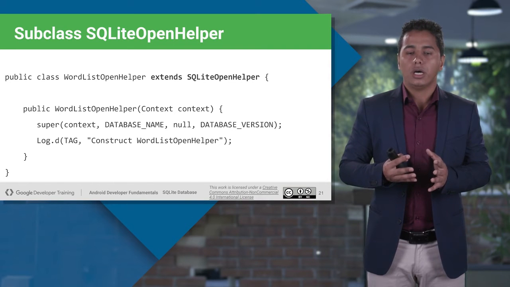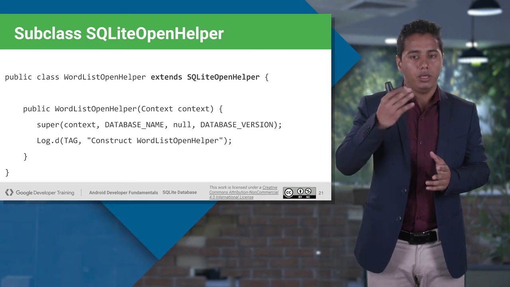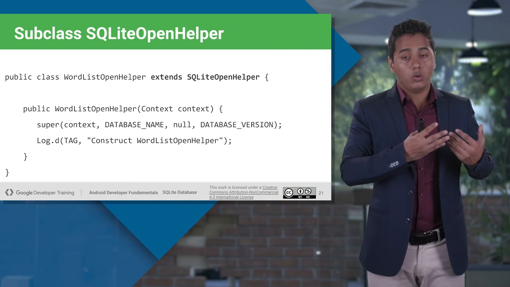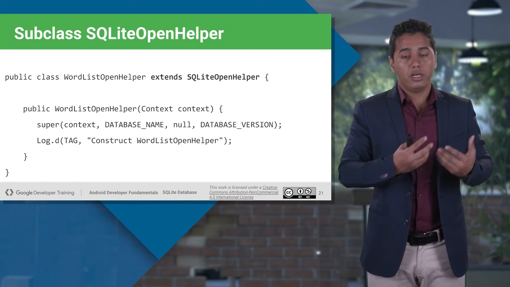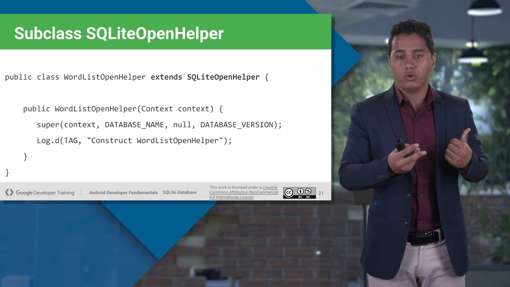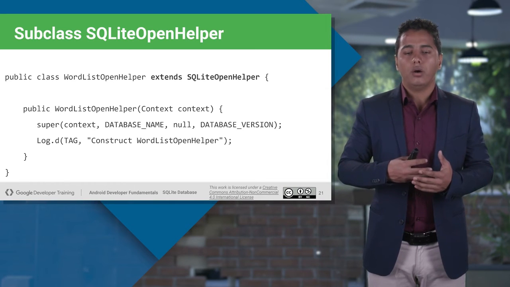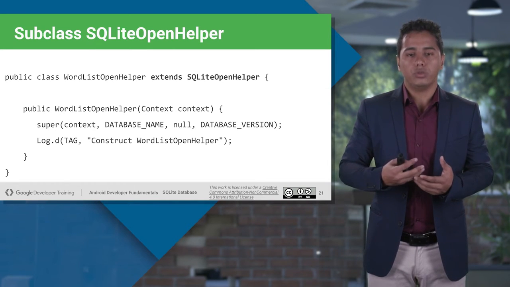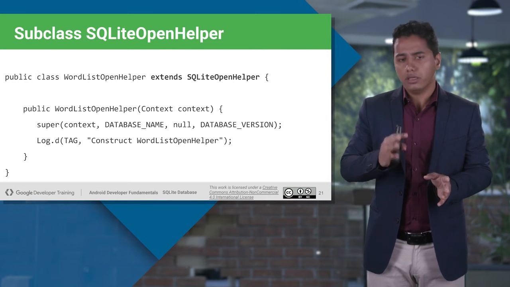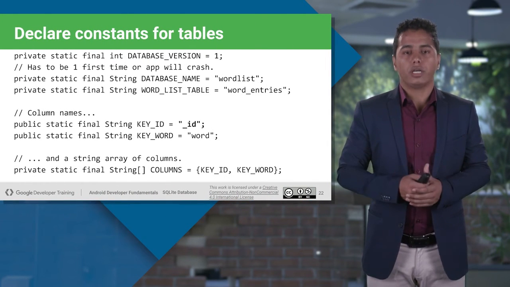Tomorrow you decide to include 1 more column. Then you might want to change the database version name. And once you change the database version name, SQLite would know that, okay, now the previous database version was different, the new one is different. So it will automatically call a callback method, which I told you in the starting, onUpgrade. And in onUpgrade, you will provide the code to handle whenever the database gets updated, what you need to do. You might want to alter the table, or you might want to drop the whole complete table and start it again. We'll see that. So this is how you can provide the constant for a table.